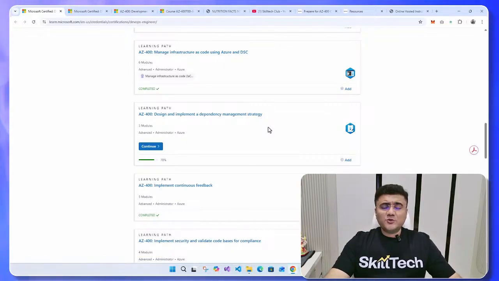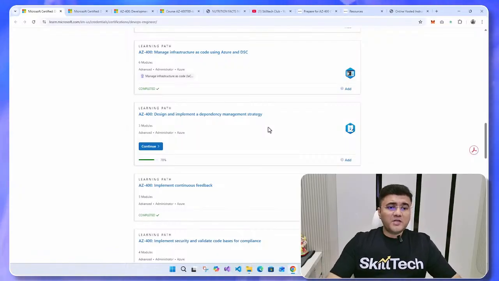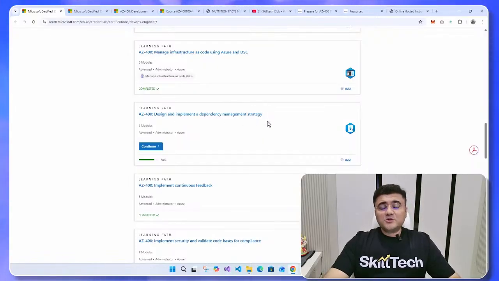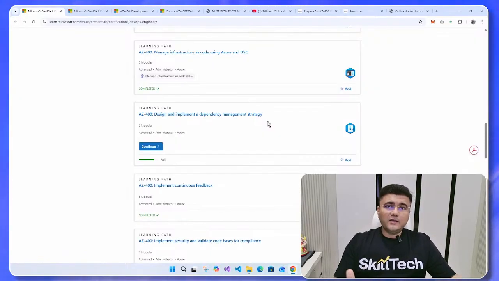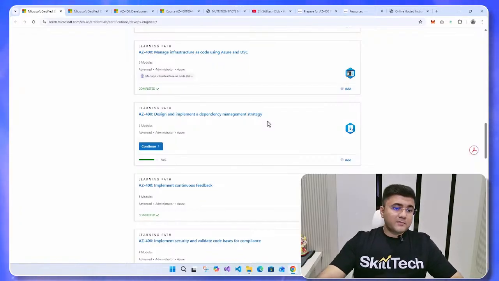Now, the next one is focusing on dependency management strategy. Basically, the packaging which you are associating with your application. And when you're having a component-based application, obviously, multiple teams are developing different kinds of components, and you have to make sure that you take care of the dependency management in that. That's exactly what dependency management strategy is talking about. This is the module in which you're going to focus on GitHub Packages and Azure Artifacts, which are basically helping you to do more or less the same kind of thing, but by two different approaches.